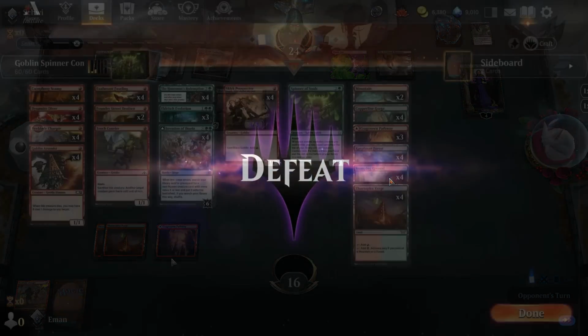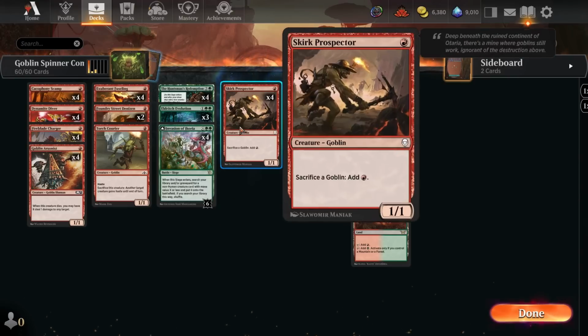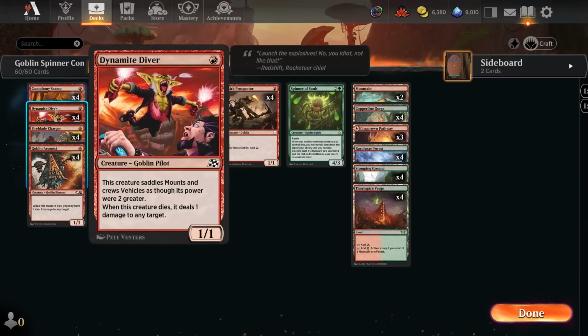GG. Alright, welcome back to the wrap-up for our Goblin Spinner combo deck with the new edition of Dynamite Diver. This deck is really sweet. I really enjoy this combo. I think it's decently competitive, somewhat competitive, I would say. I don't feel like this is the perfect build for it. I think having this and these 16 now 1-drops, and if they print more goblins like this, then